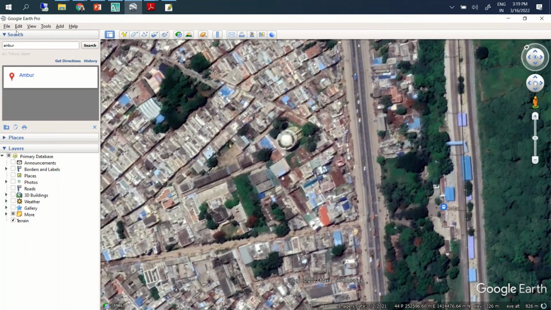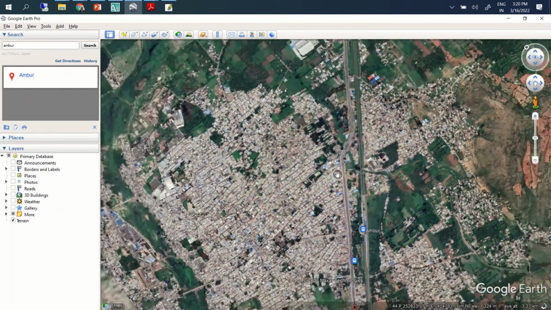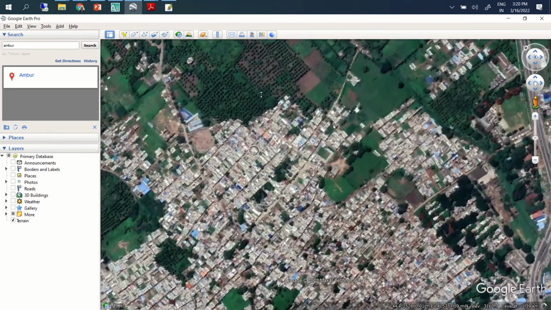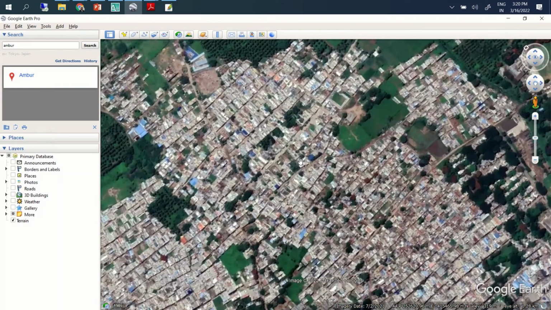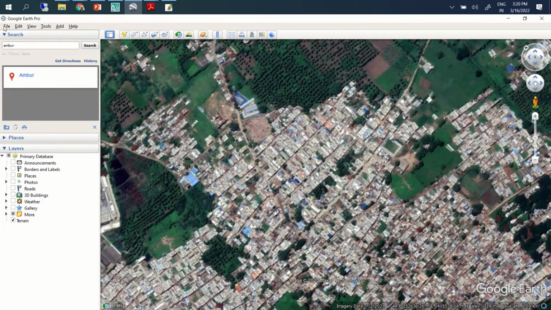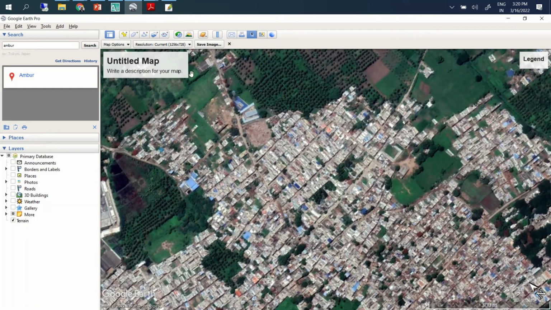Maybe what the process is, let's say you have demarcated the boundary. After that, we need to take images. Let's say, for example, I take images. This happens only in Google Earth Pro.